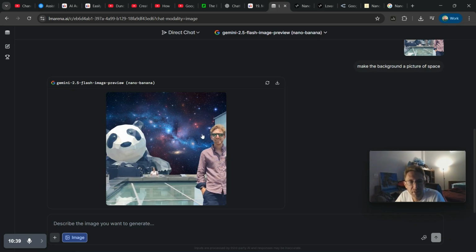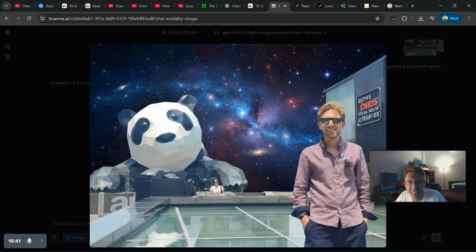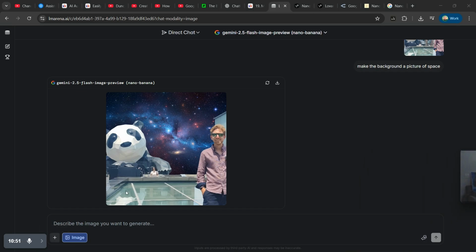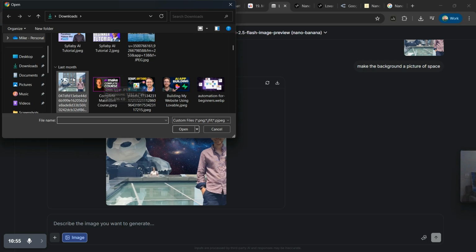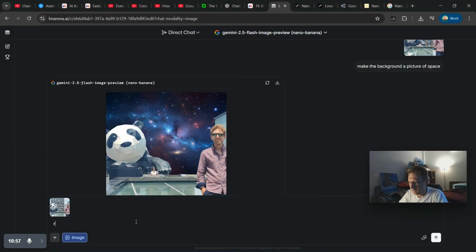So let's see what it comes up with here. Should be interesting. Oh, wow. So look at that. It created the image and it actually replaced the background with the Milky Way galaxy or something, right? So that's pretty cool. And I can do that once again. So let's open up that same image here, and I want to replace the panda